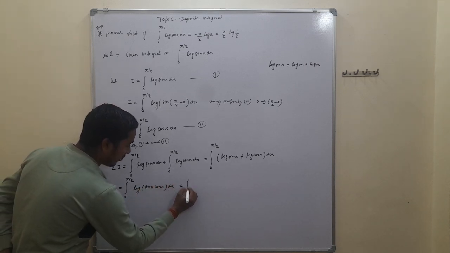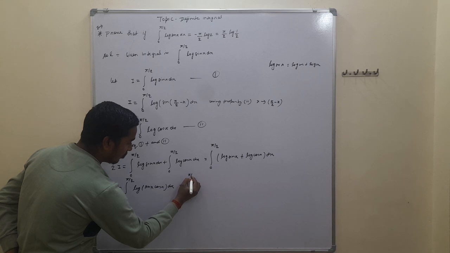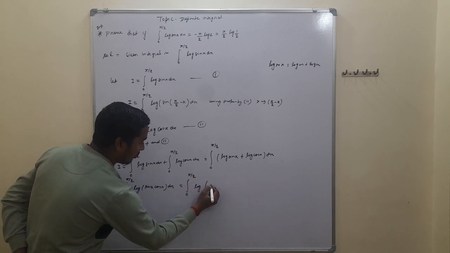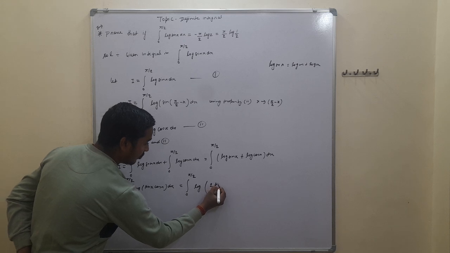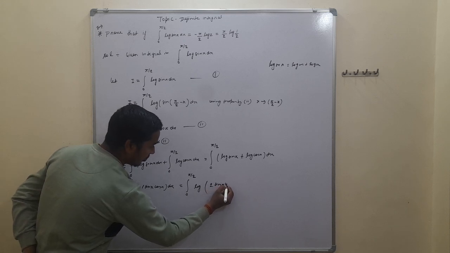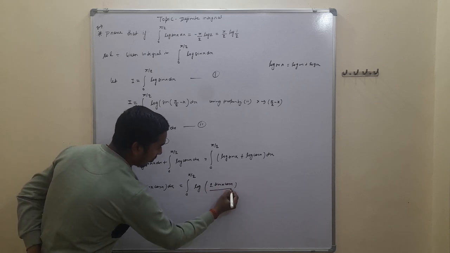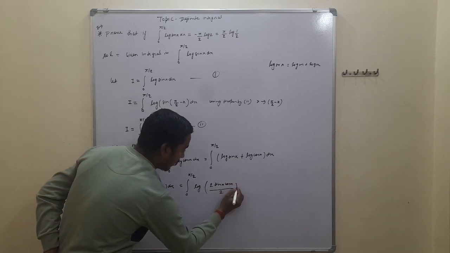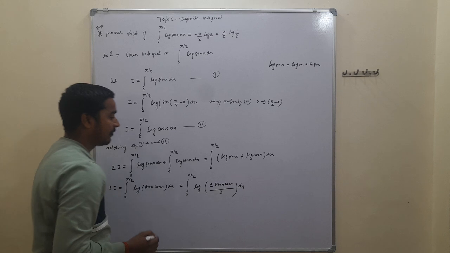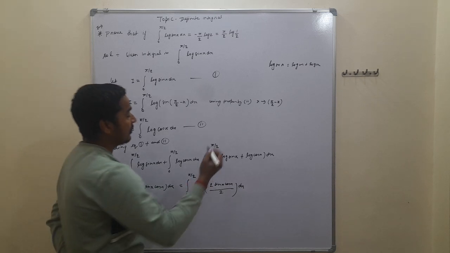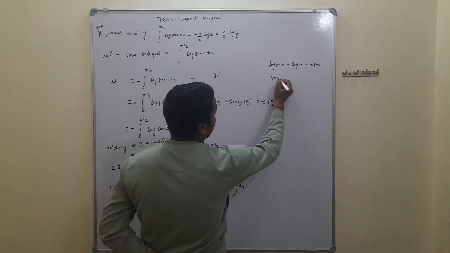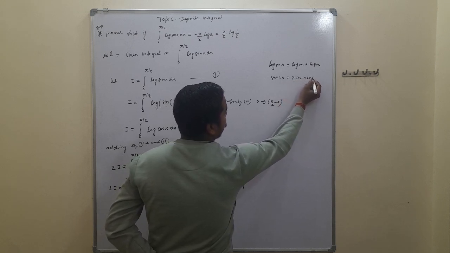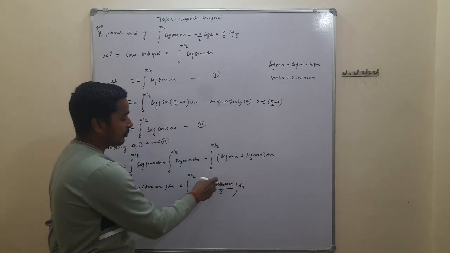This is the integral with limits 0 to pi by 2 of log of 2 sin x cos x upon 2, dx. And we know that sin 2x is given by 2 sin x into cos x,